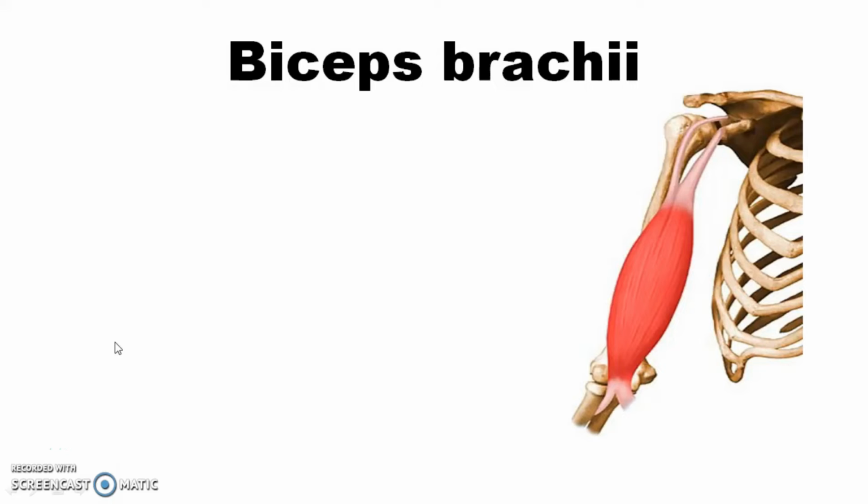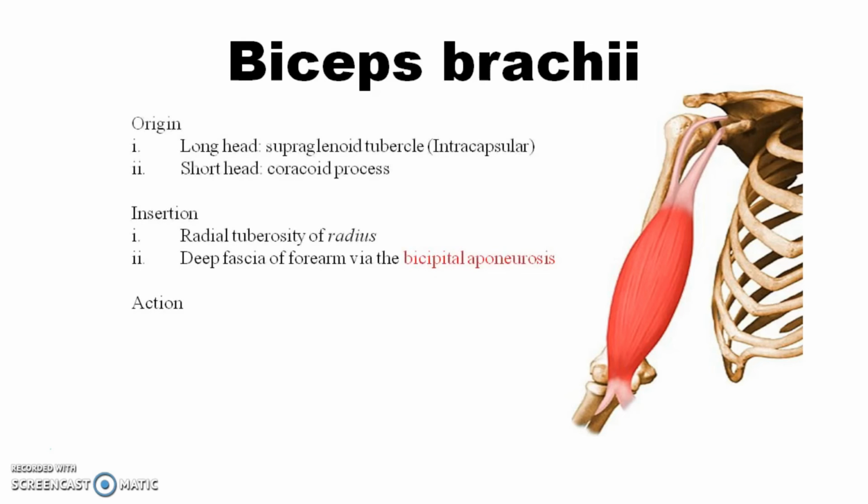So about biceps brachii, which is the second muscle which we are going to see in front of the arm region. The name itself indicates biceps, in the sense you will be having 2 heads. So origin is taken from 2 heads, that is 2 parts of a bone, and then insertion is happening in the bone present in the forearm region. Now talking about biceps brachii, origin is by means of 2 heads. One is the long head and another one is the short head. The long head is taking origin from the supraglenoid tubercle, which is seen in the lateral part of the scapula. We will be having the supraglenoid tubercle giving origin for the long head of biceps brachii.